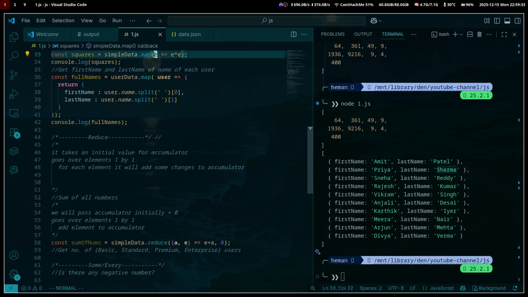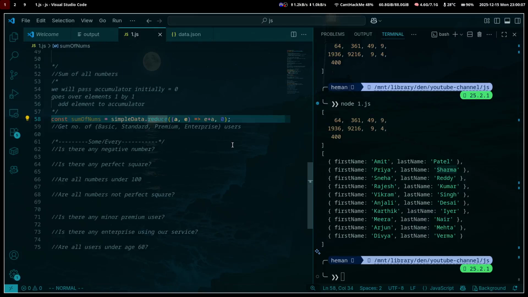In map we just gave a function which will take an element and transform it. But in reduce, we give a function which not just takes the element but also the running value of accumulator, and it will also take the initial value of accumulator. So the reduce function itself just takes the initial value and passes the arrow function the running value of accumulator when it reaches every new element. So what it will do is